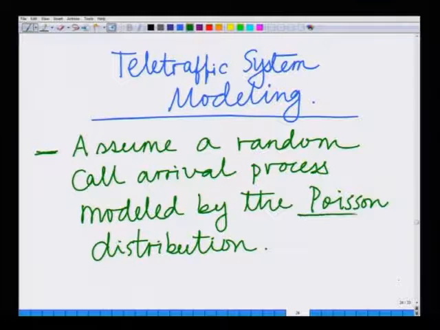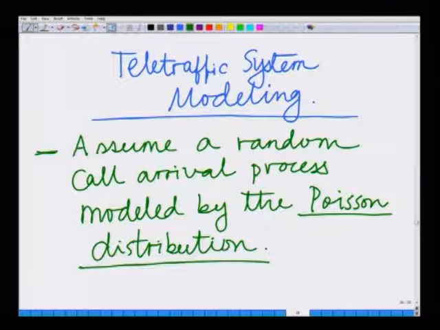Okay, so this call arrival process is modeled by the Poisson distribution, and one critical aspect of the Poisson distribution